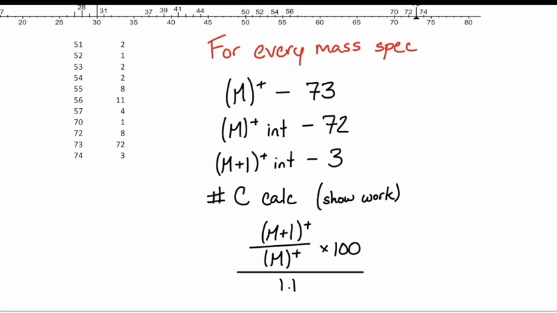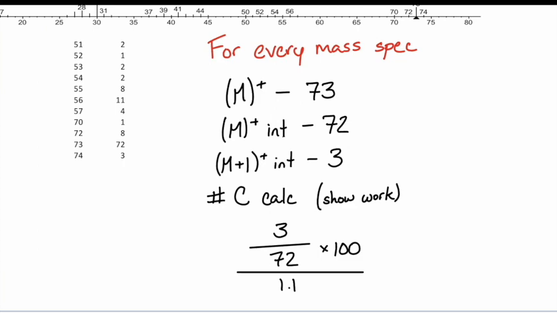This is a formula we just got to know. We're going to use it a whole bunch. If I plug in my M+1 intensity, then my molecular ion intensity, and punch this into the calculator,